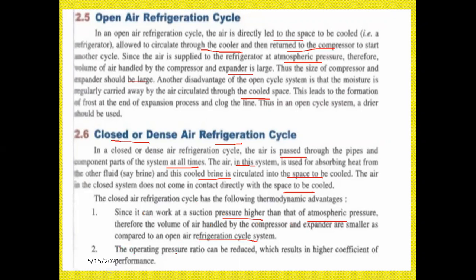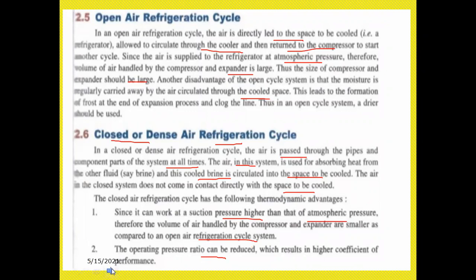The operating pressure ratio can be reduced. So the operating ratio can be reduced, which gives a higher coefficient of performance, right? Whereas in the open type, we have a disadvantage of low coefficient of performance. Here, whenever the operating pressure ratio is reduced, automatically the COP is increased. Okay,